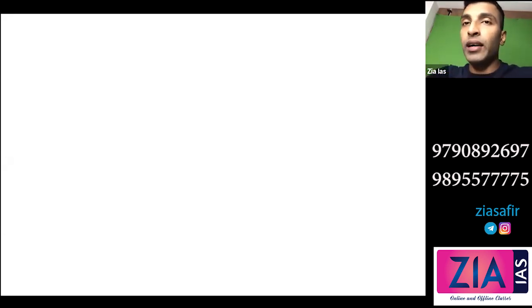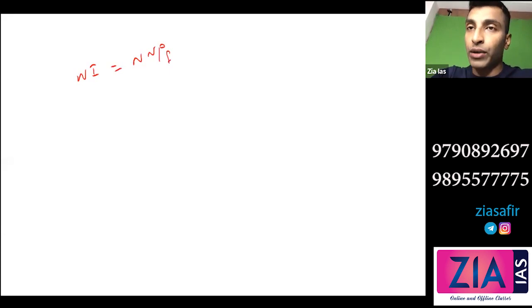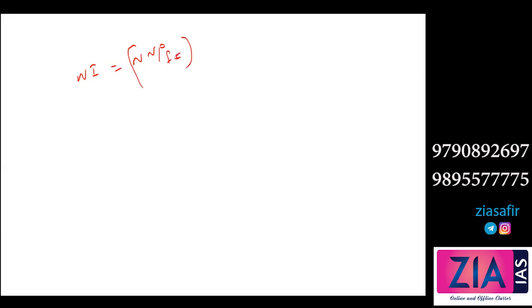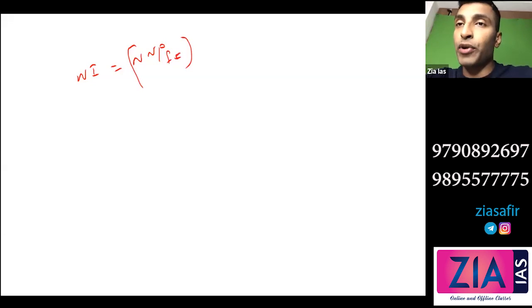Okay, today I'll start with this national income. Yesterday I told you national income is nothing but net national product, and you take it at factor cost. This is your national income. Is it audible now? Any problem here? Is it okay? Yes, sir. Okay, so national income is the net national product at factor cost. So you know how to get net national product.